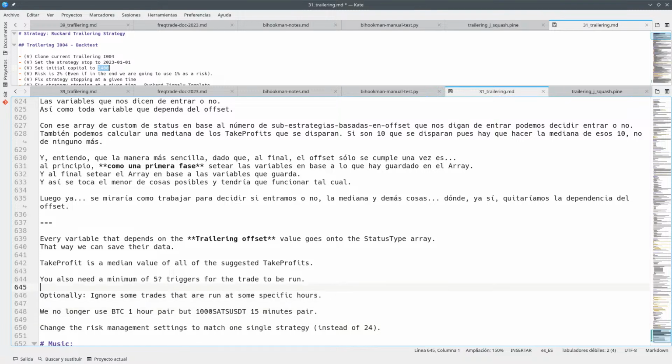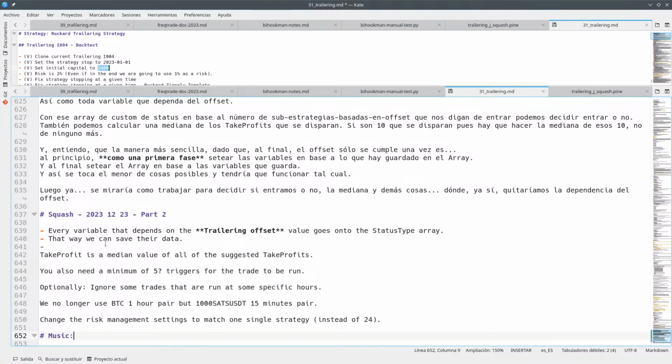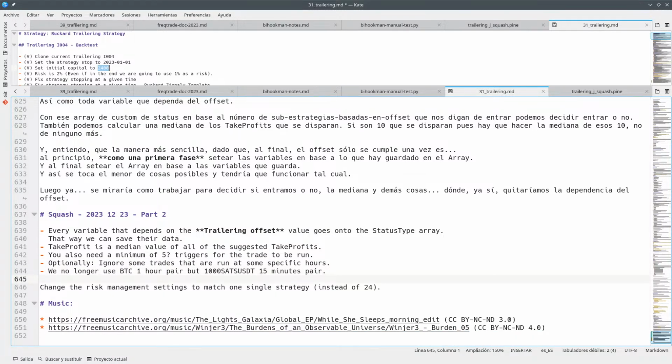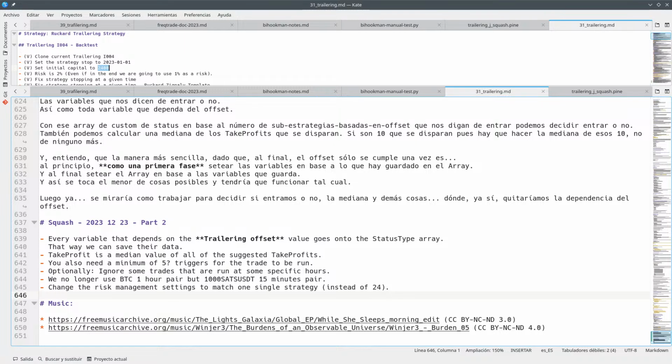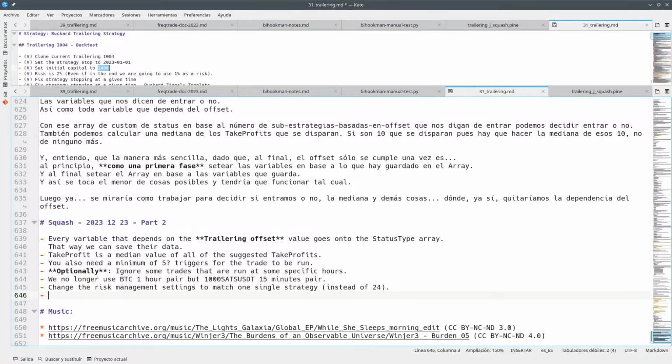Okay, so this is more or less what we want to do with this squash version. Squash version part 2 if you want. Part 1 is in Spanish, the other one is English. So this is what we want to do. Okay, take profit, then we can ignore depending on the hours, change the risk management, then I will change. So this is optionally,